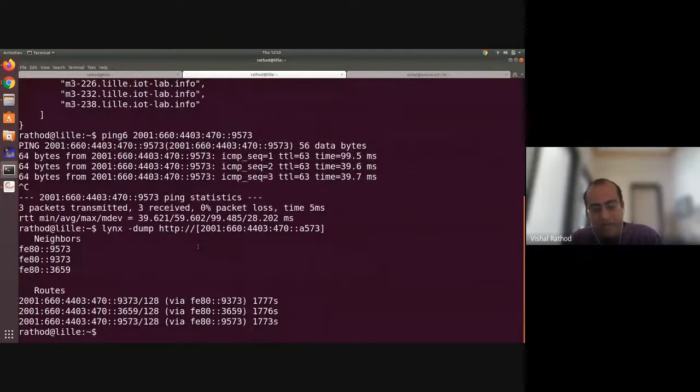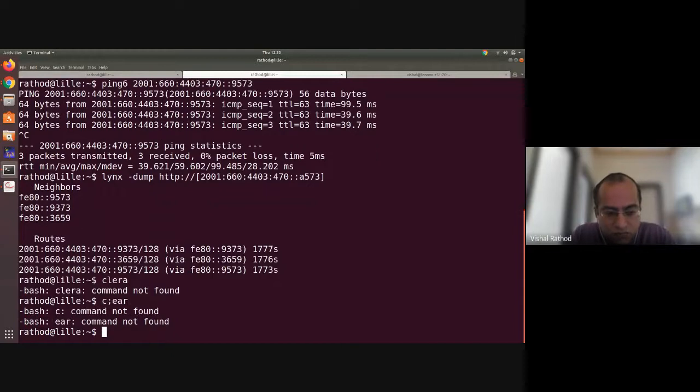It will show you that these are all three neighbors because I didn't create any topology, right? If you create the particular topology that I already showed you, then it will show you which are the neighbors, which are the neighboring nodes, and which are the routes if the nodes are far away, and which are the routes to reach there. You can see that it will show you the particular IPv6 addresses.